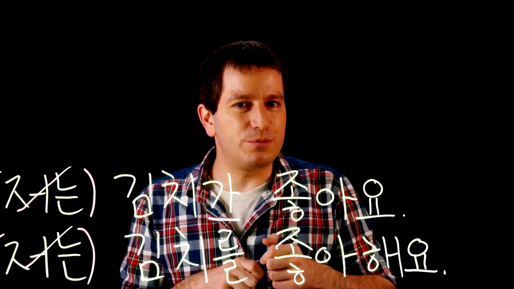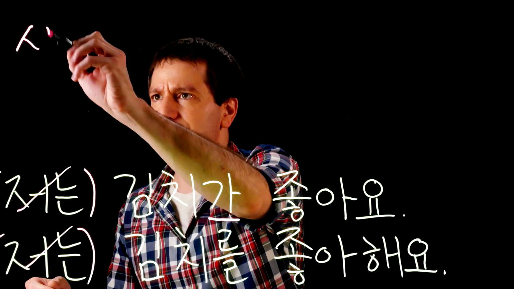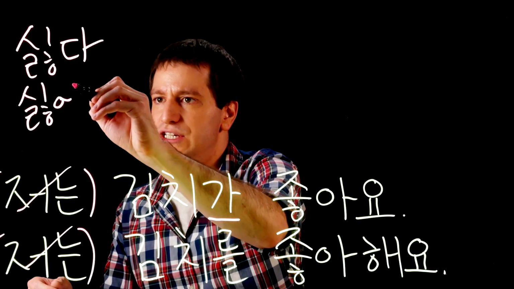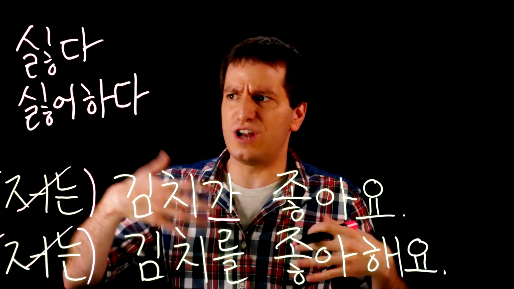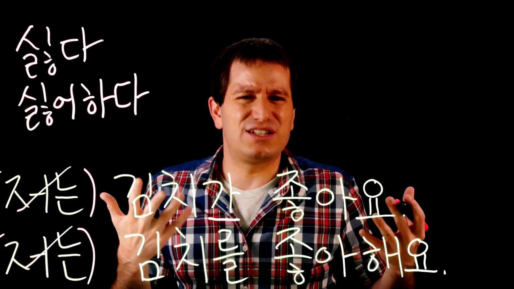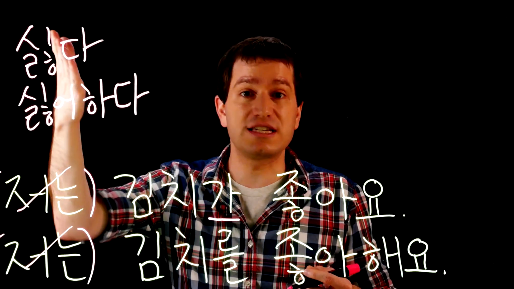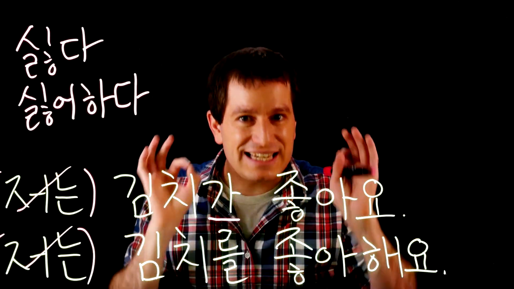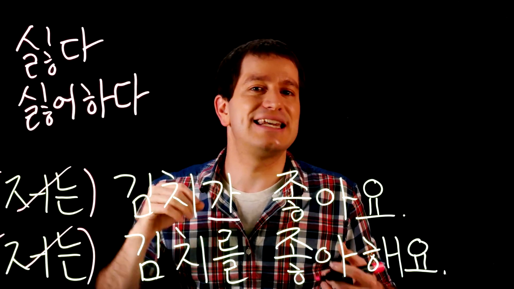And this doesn't only apply to the verbs 좋다 and 좋아하다. It also applies to their opposites, 싫다 and 싫어하다. 싫어하다 means to dislike something, so to not like something, and 싫다 literally is to not be liked or to be disliked in that sort of sense. But you can also use these both to say I don't like something in the exact same way. 싫다 is a descriptive verb and 싫어하다 is an action verb.